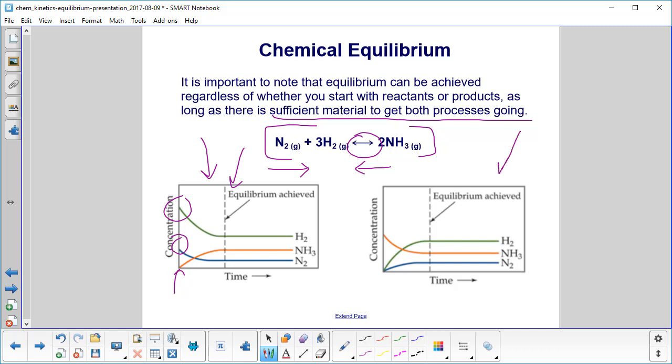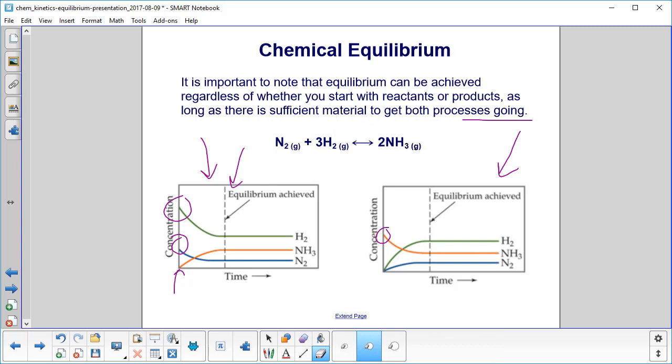Let's look at this picture here. What do we have? There's no nitrogen and hydrogen, so you have NH3. So clearly, hang on, let me erase this. Hopefully clearly. This time the reaction starts this way until you start forming nitrogen and hydrogen, which then starts the reverse reaction. Until what? Until you reach equilibrium, and then you have the double arrow, where they're both proceeding at